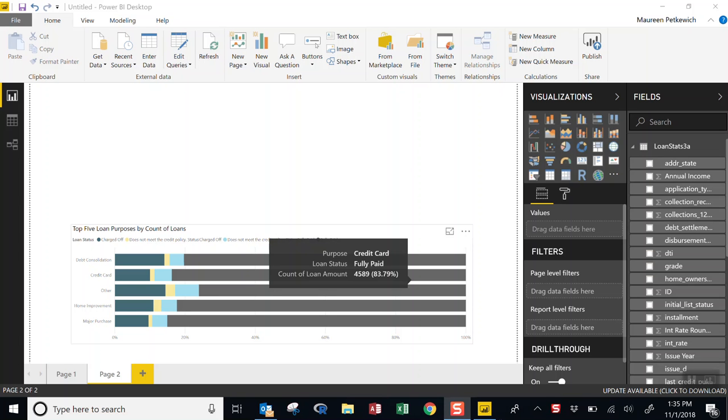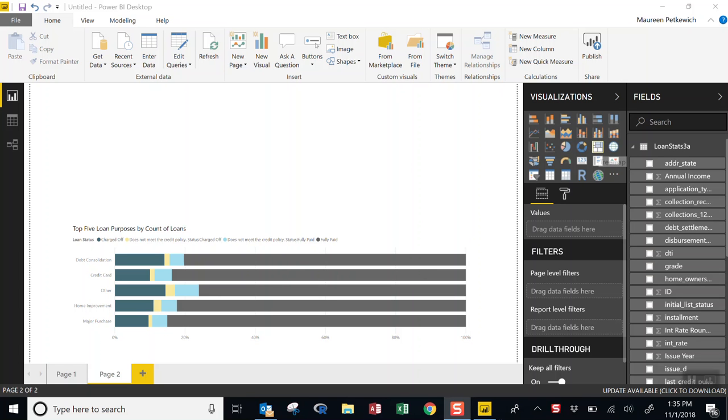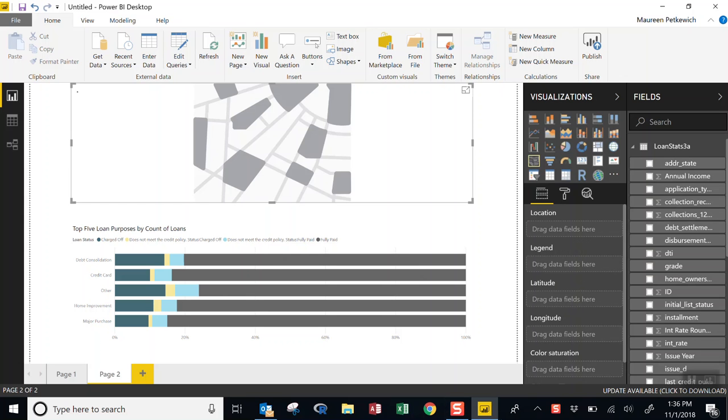Let's look at how to create a map showing the number of loans by state. So in the visualizations, you have three map options. You have the map, the filled map, and the ArcGIS map for Power BI. So in the report that I created for you, I actually used the filled map, and we can take a